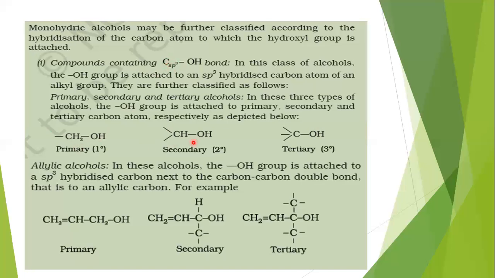So in all these examples, primary alcohol, secondary alcohol, tertiary alcohols, these carbons are sp3 hybridized carbons. This is an sp3 hybridized carbon. This is also an sp3 hybridized carbon, and this is also an sp3 hybridized carbon. But further, it is bonded with one other carbon, so it is primary. This sp3 carbon is bonded to another two carbons, so it is secondary, and this is tertiary. Okay,